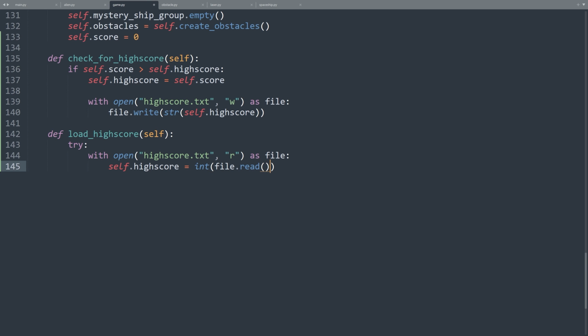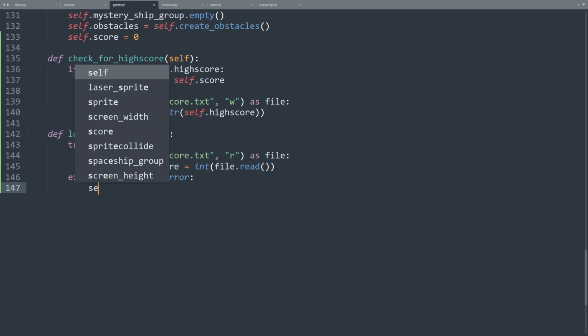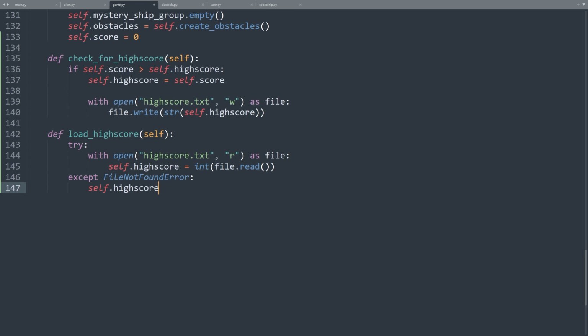We open the file and set the value we read to the highscore attribute. If there is no file named highscore.txt in the game folder, we set the highscore to 0, except FileNotFoundError: self.highscore = 0.